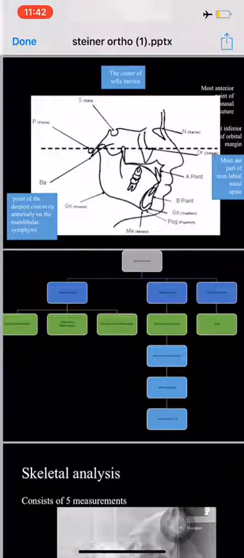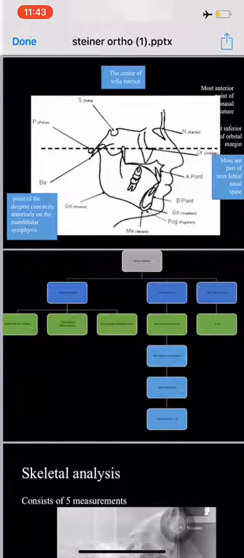Now, in the tracing of this picture, we can see the landmarks. Center of the sella turcica, S in the middle; anastomosis between frontal and nasal bone, nasion; external auditory meatus, superior to it, porion; point A in the anterior surface of the